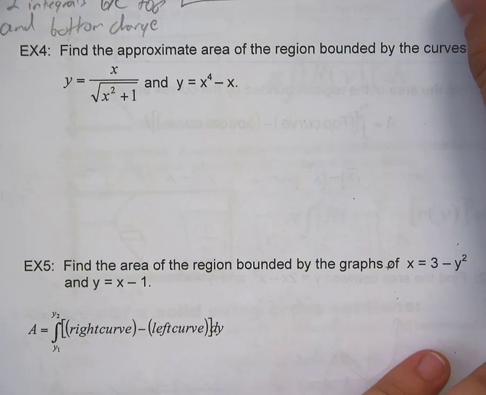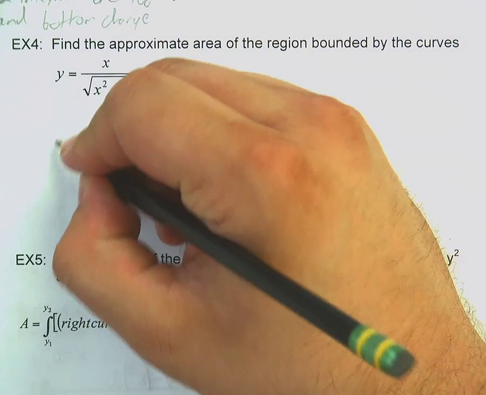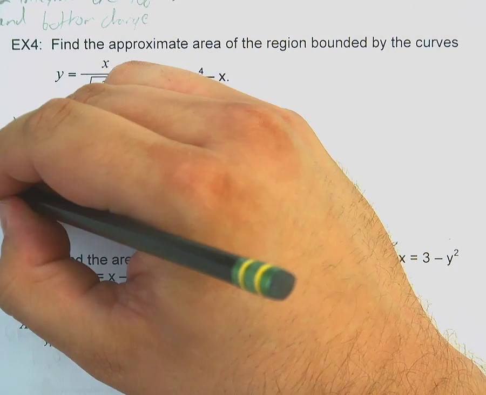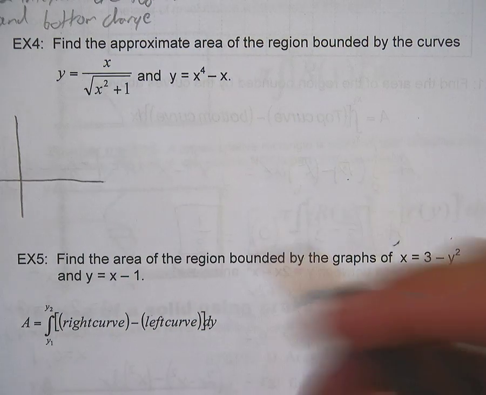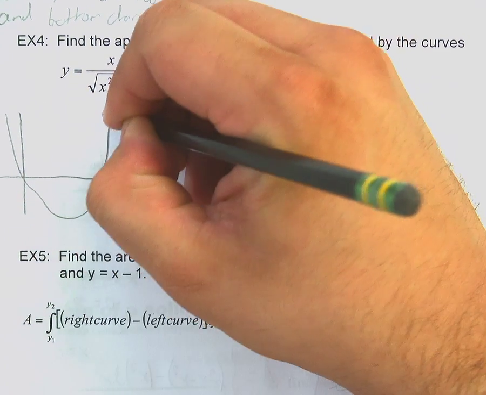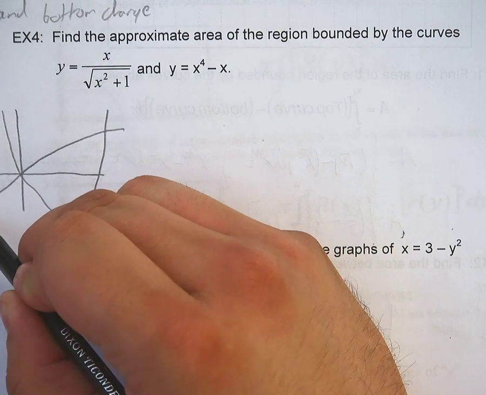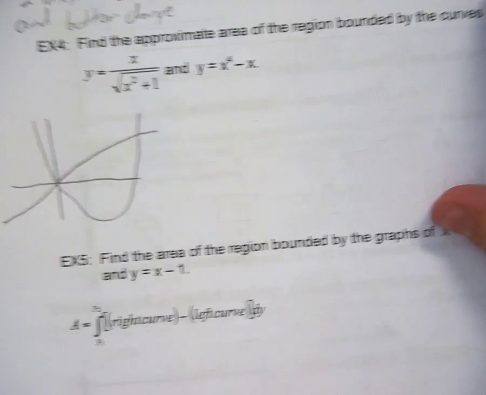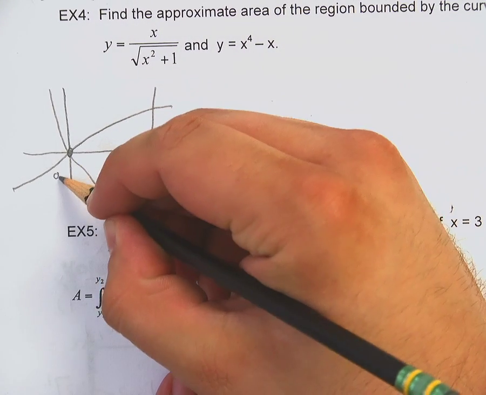All right. Number 4. It says, find the approximate area of the region bounded by the curves. And this one's kind of weird, so we're going to have to use the calculator to get the graph. But I'll give you a quick sketch of what it's going to look like. Let's see here. And I've already done this, otherwise I'd go through and do it right now as well. But it's this, and it's this, and it's this. It's kind of weird, but the important parts are that they come together at 0, 0,